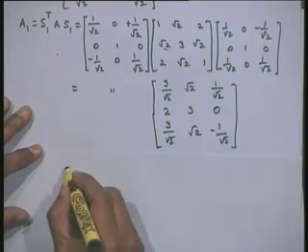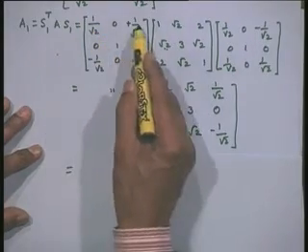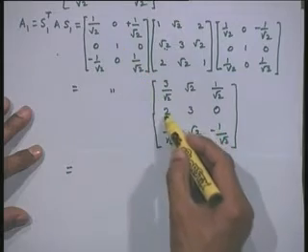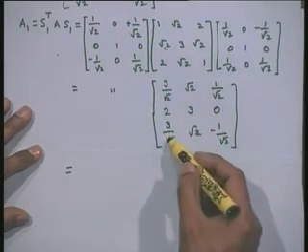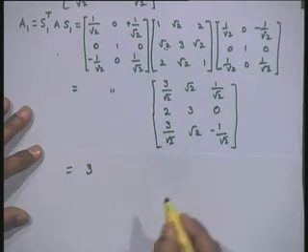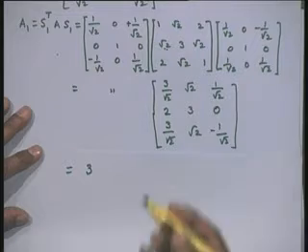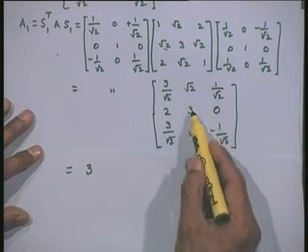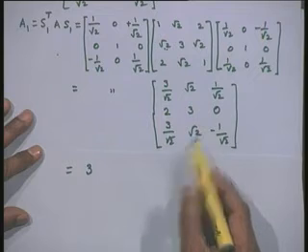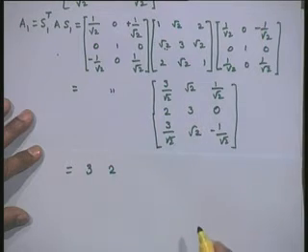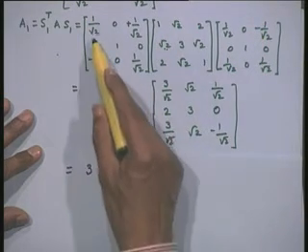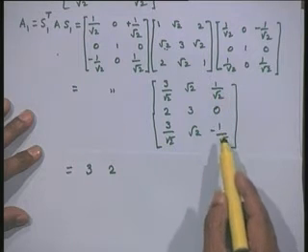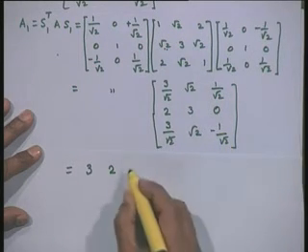Now, let us multiply the whole thing. I am multiplying this row with this column. So, I will have here 3 by 2 into 0 plus 3 by 2. So, I will have 3 by 2 plus 3 by 2, that is 3. Then 1 upon root 2 into root 2, that is 1, this is 0, this is 1, that gives me 2. Then 1 upon root 2, 1 upon root 2, that is 1 by 2, 0, minus 1 by 2. So, that gives me 0.